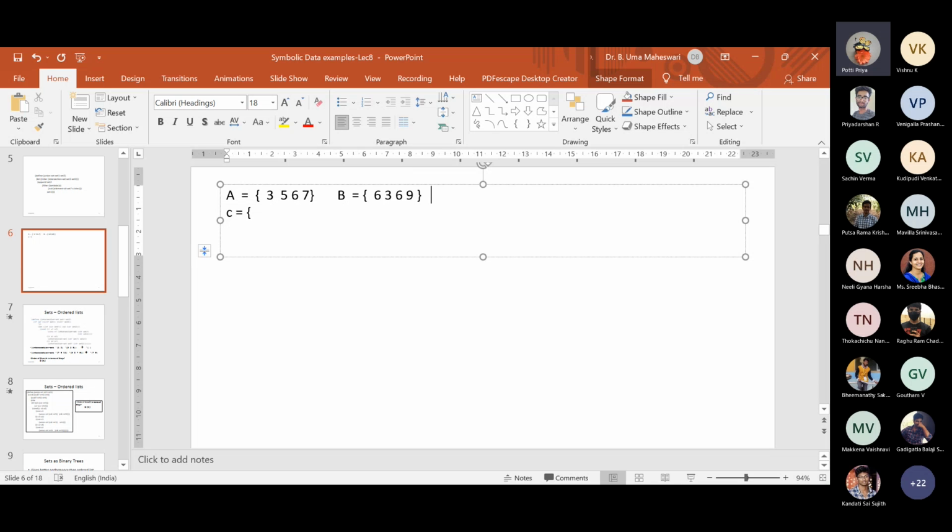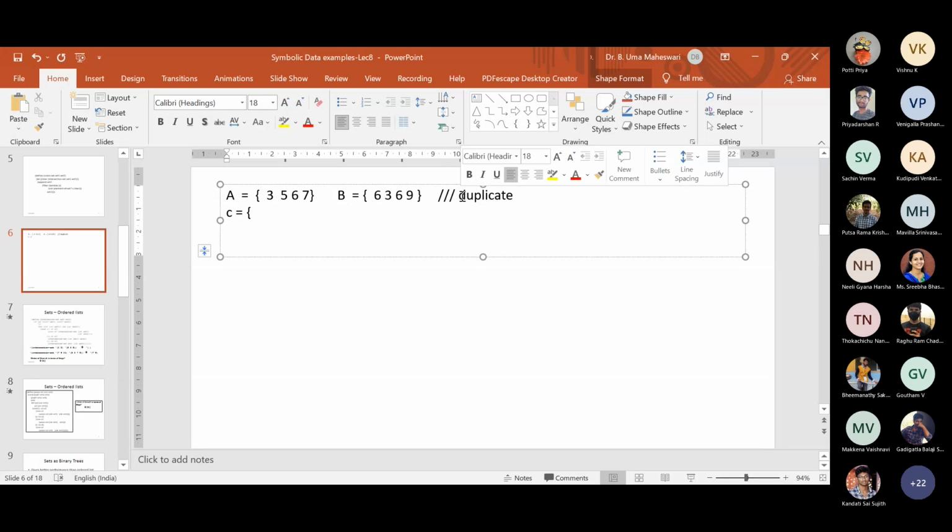Correct. This is brute force, but what you're saying is, in the case the list is capable of saving duplicate data, then your answer is correct, right? In the case of duplicate data, you just copy A and then copy B, so no problem. But we are not allowing duplicate data, so it has to have unique data, so there is no duplicate. So in that case, how will you? I didn't understand, ma'am. No duplicate means what?